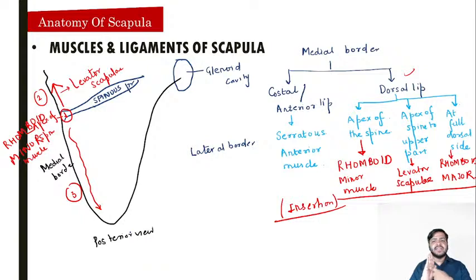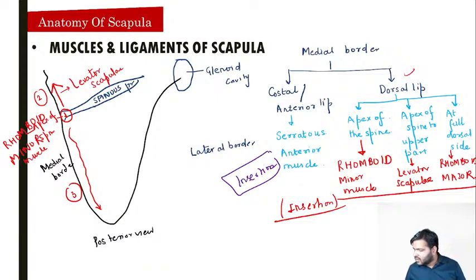मीडियल बॉर्डर के दो एस्पेक्ट्स गाइस, एंटीरियर दैट इज द सेरेटस एंटीरियर मसल, ओके हाँ सेरेटस एंटीरियर, yes it is also insertion, yes I hope it's clear. इंसर्शन है बच्चे, इंसर्शन है। इंसर्शन और ऑरिजिन की टेंशन मतलब, मैं अभी बाद में तुम्हें एक स्लाइड में दिखाऊंगा, वो क्लियर हो जाएगा। डोंट एब्सोल्युटली वरी अबाउट द इंसर्शन एंड ऑरिजिन,